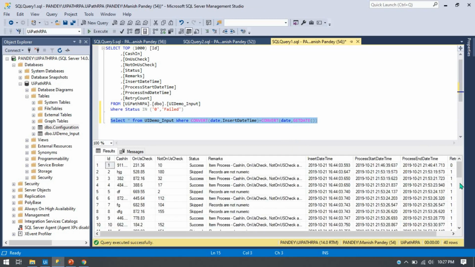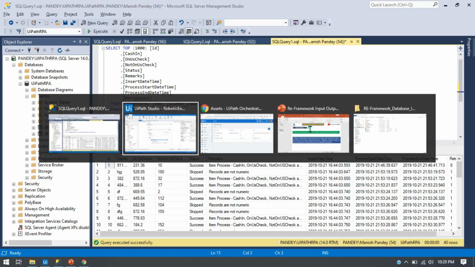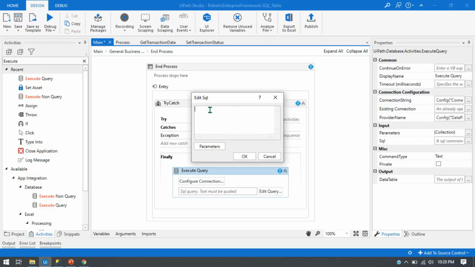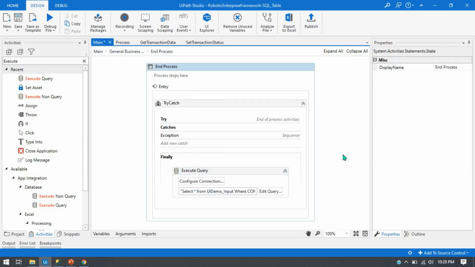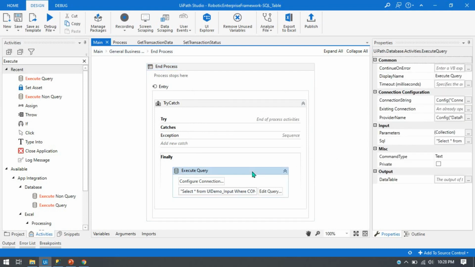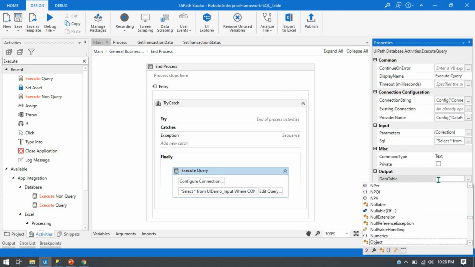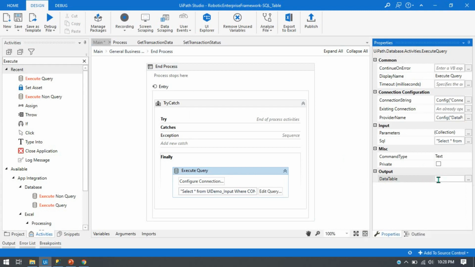Now we have the 40 records. So based on this we'll copy this and paste the VB expression inside this here. Now press OK, save this, and we'll take one output data, that is, let me check here, we have the out dt,